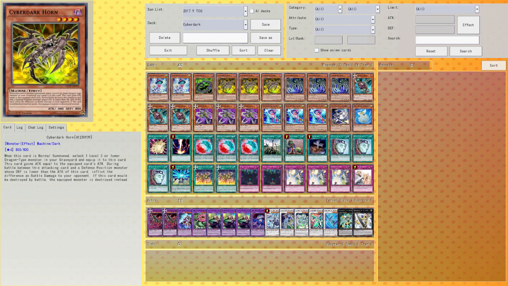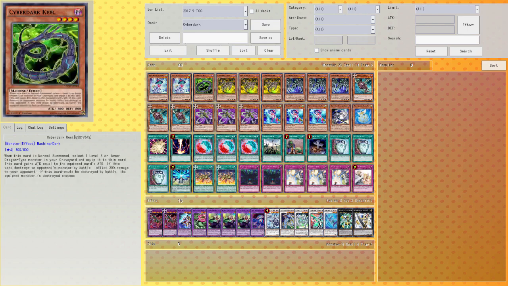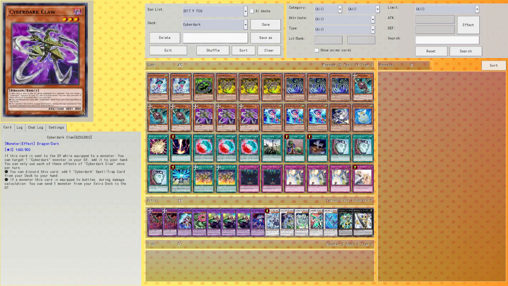Now, the thing with the Cyberdarks is they had a relation with dragon monsters, because Zane Truesdale, the edgelord that he is, uses dragons, because dragons are cool. However, they use probably the most impractical dragons they synergize with, which are ones that are level 3 or lower, which makes it very hard for them to actually get any decent dragons, because most of them are level 4 or higher, because they're dragons, they're big, and they have big levels because of it. So Cyberdark Cannon and Cyberdark Claw help fill in a gap in the Cyberdark archetype that has been needed for years,